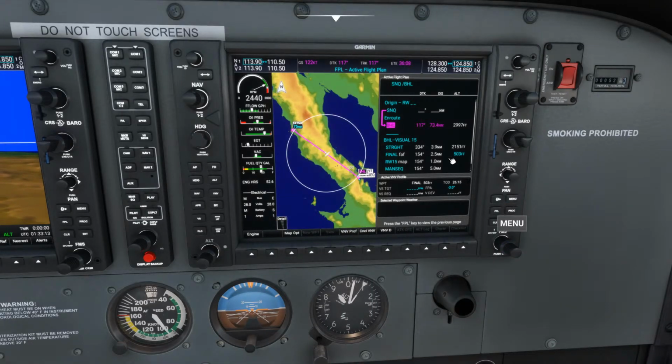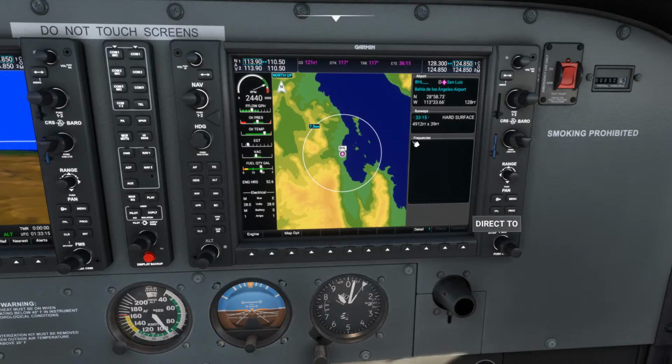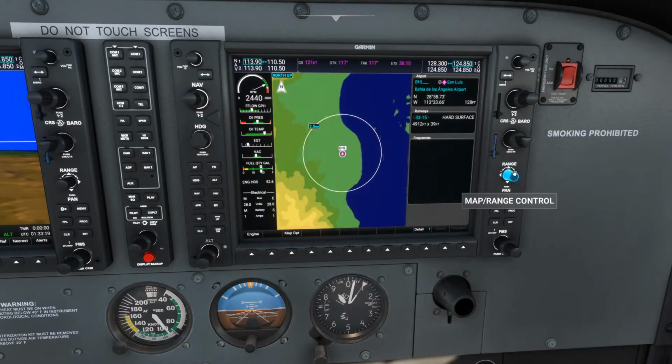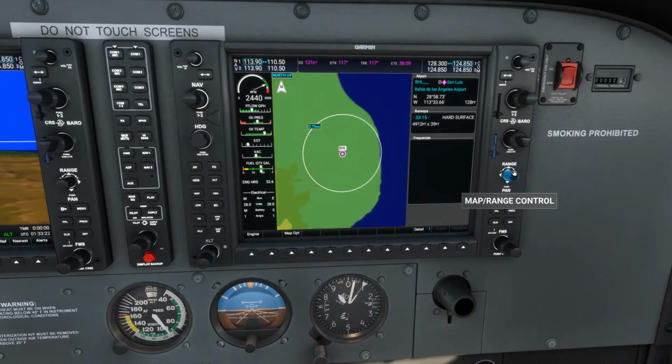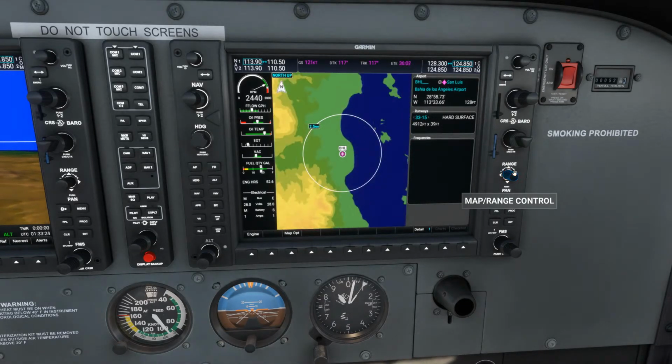See if there's any frequencies here. There are none. So 15, there's 33 and 15. Kind of zoom in a little bit. So that's basically that. There's not really a whole lot of information.